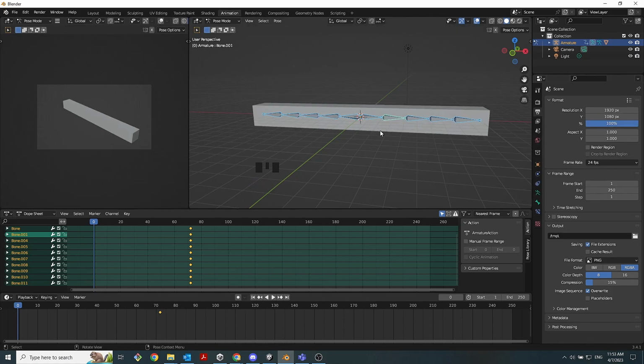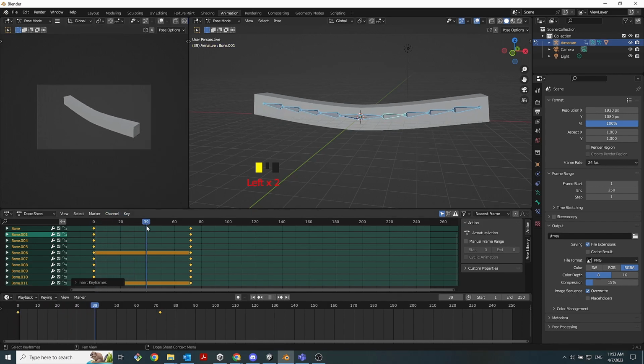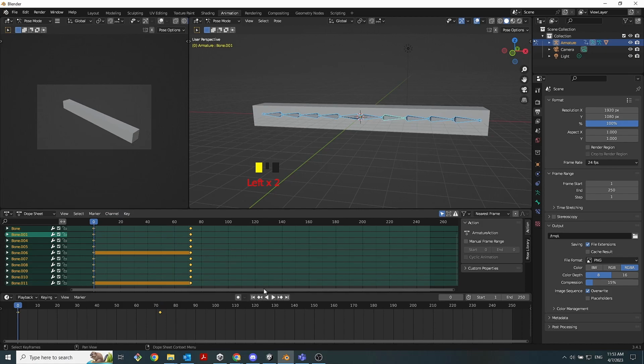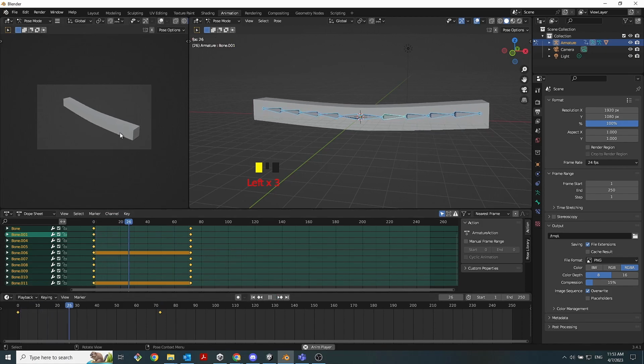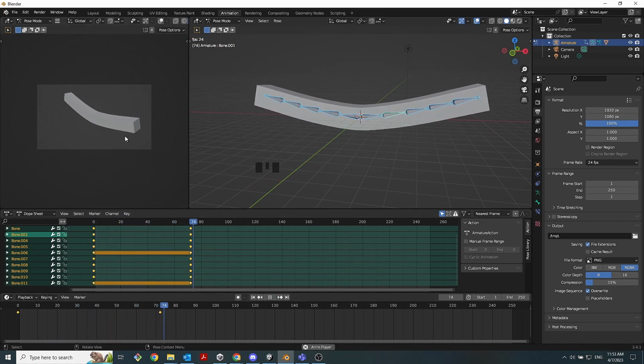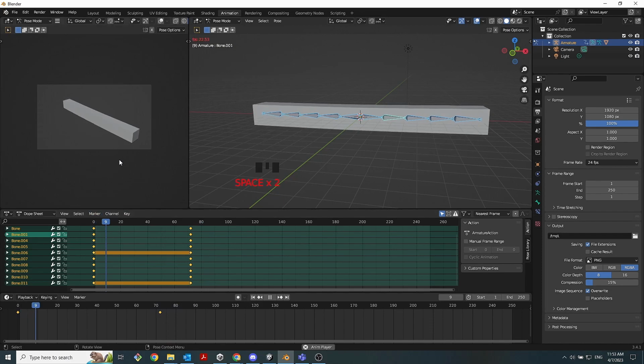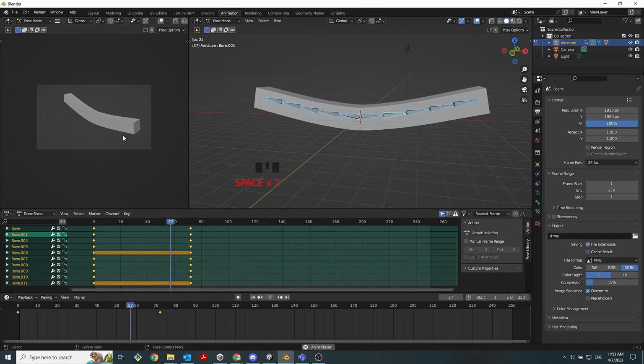So this is the starting position of the beam, and you do the same thing, hit I, or you can come here, Key, Insert Keyframes, all channels. All right, now when you press play, you can see the beam bending, right? So if you put here start 0 and then end is 72,